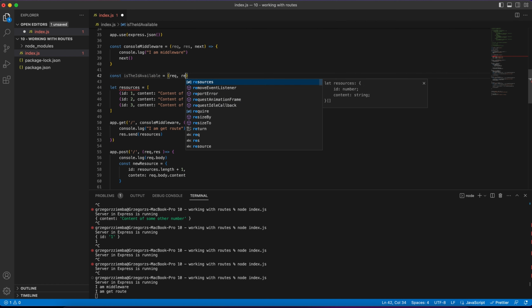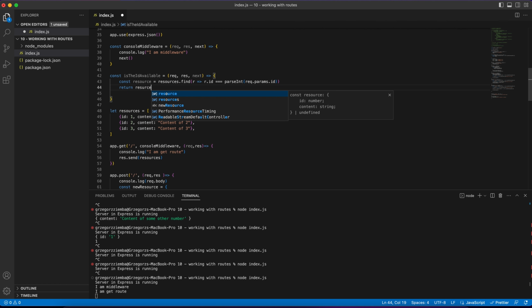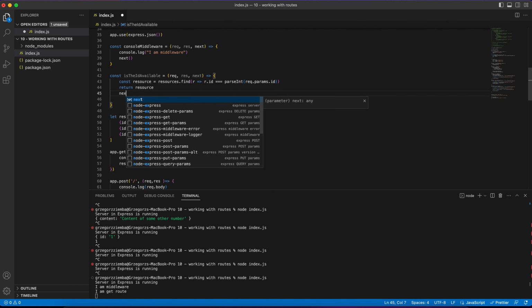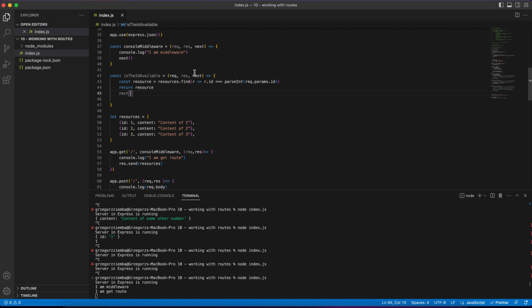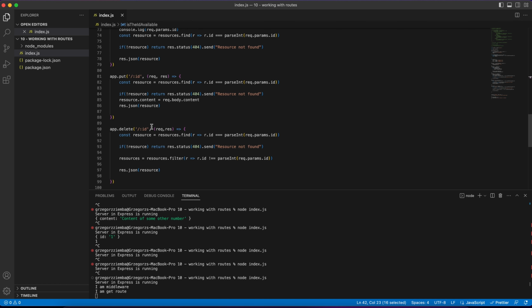You can call it however you'd like to have. Next, and over there, we'll just paste the resource. We will return resource, and we'll call next over there. And with that, as you can see, next is underlined. But we would like to not provide the next that we've got over here. We will copy that as a middleware, and we will get it into our app.delete